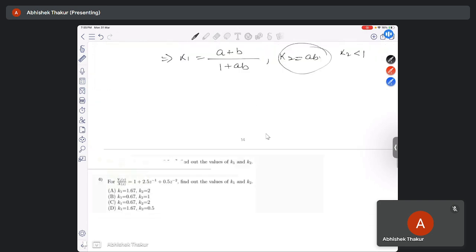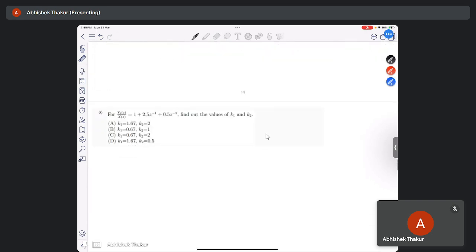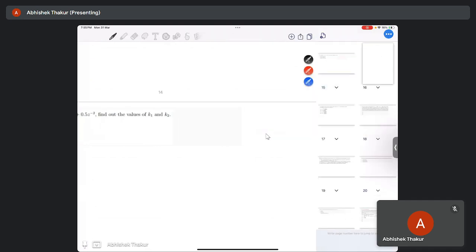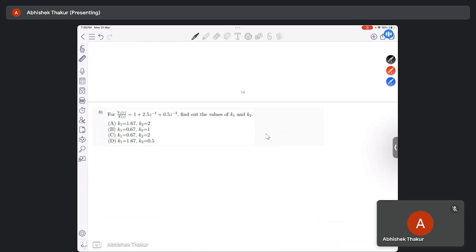Now moving to question number 6. So y1 of z divided by x of z is given as 1 plus 2.5 z inverse plus 0.5 z to the power of minus 2. So now we have to find the values of k1 and k2. So here in this question, we know that